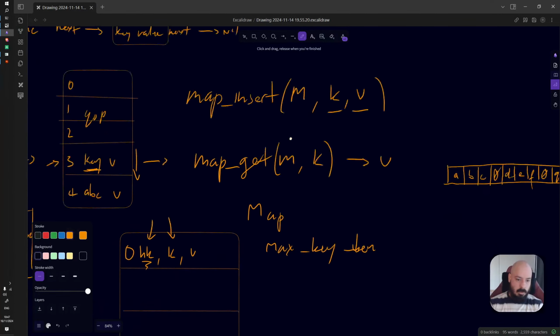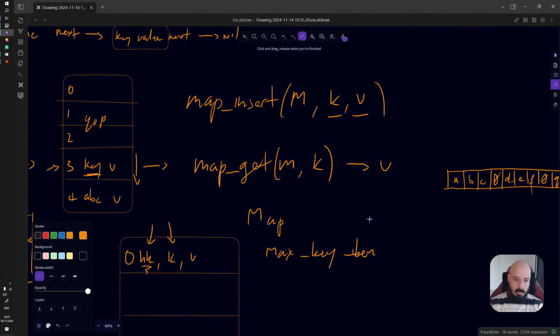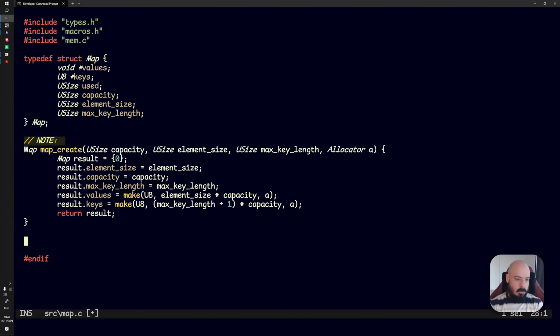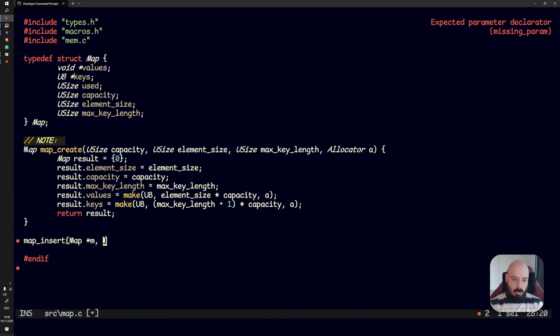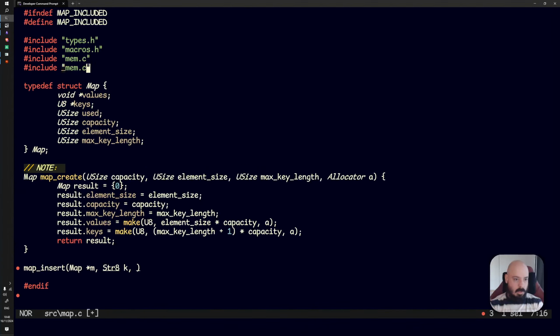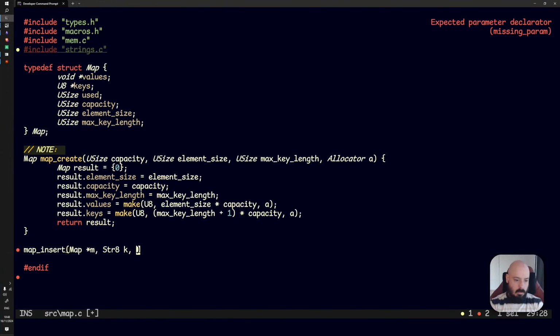All right, so we know we want this API, map insert and map get. Okay, so we're going to insert into our map. And we're going to insert a key, which I'm going to use our string. We've got a string type. It's called str8 because it's